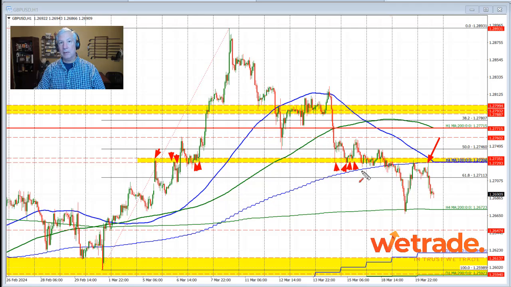It gets a little messy here as the 100 bar moving average gets up, but you did find resistance against the levels through here in trading yesterday. And it was true in trading here today with the 100 bar moving average on the 4-hour chart in play. Note here that this other blue line is now equal to that 100 bar moving average. This blue line represents the 100-hour moving average. So the 100-hour moving average and the 100 bar moving average on the 4-hour chart both come in at